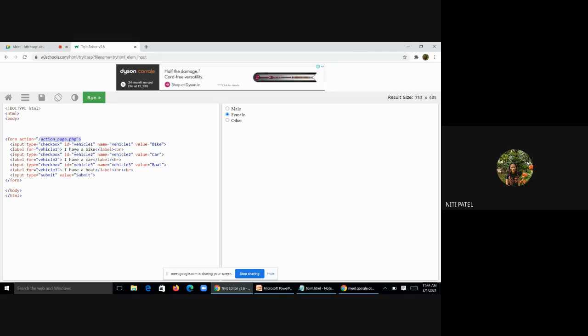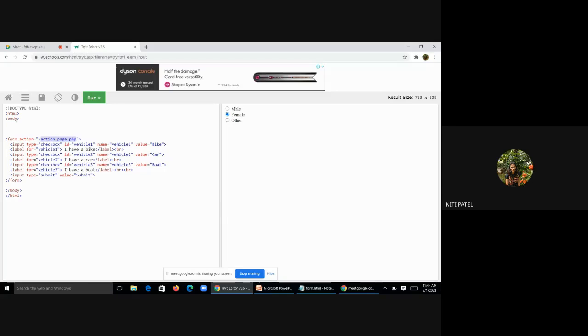Now I said that we have two things over here. A client fills the form. After the submission of the form is done by the client, it goes to the server for processing. So which page is our server here? action_page.php is our server. So in short, there are two pages being prepared. One page is prepared by the client, which is this HTML page, and another page has been made by the server. What is the name of that page?